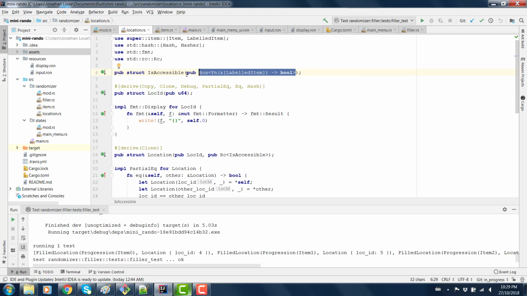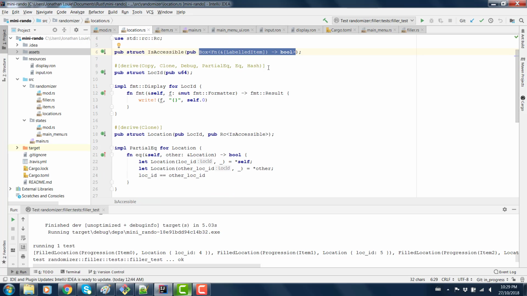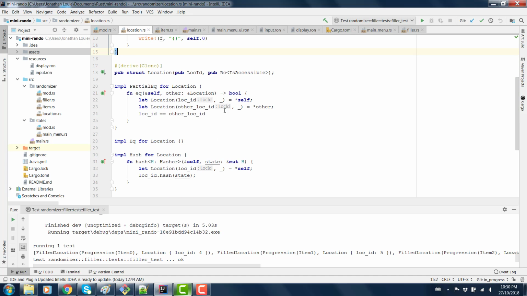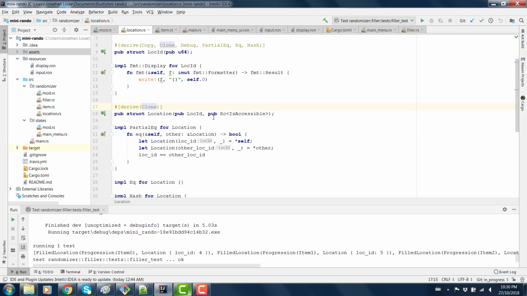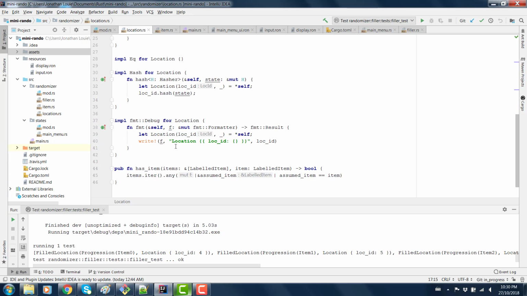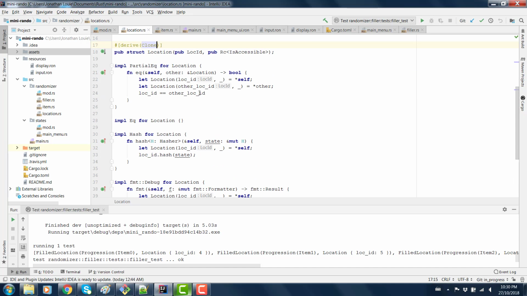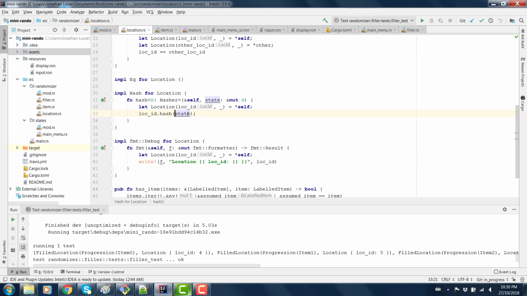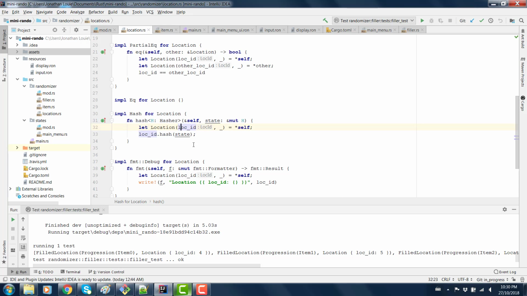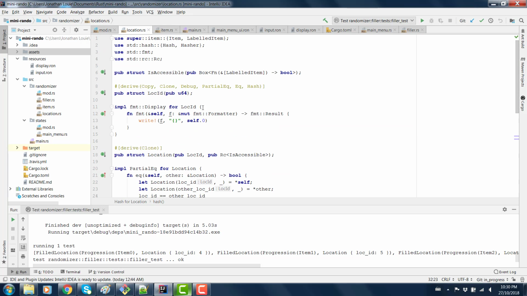implement clone on all this, what I decided to do was keep all those same derived traits on the location ID struct that I created here. I'd also implement format display for that, just so it would be able to be printed. But in addition, I moved all the derives out of location, and I implemented a bunch of them here with their own special implementation. So here I'm just comparing location IDs, for example, and here I'm hashing based on just the location ID, nothing else. And debug's a similar situation with display, just for